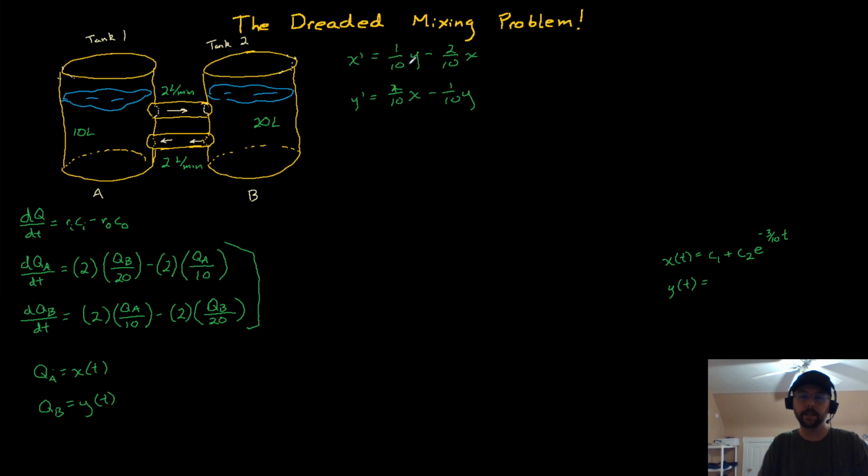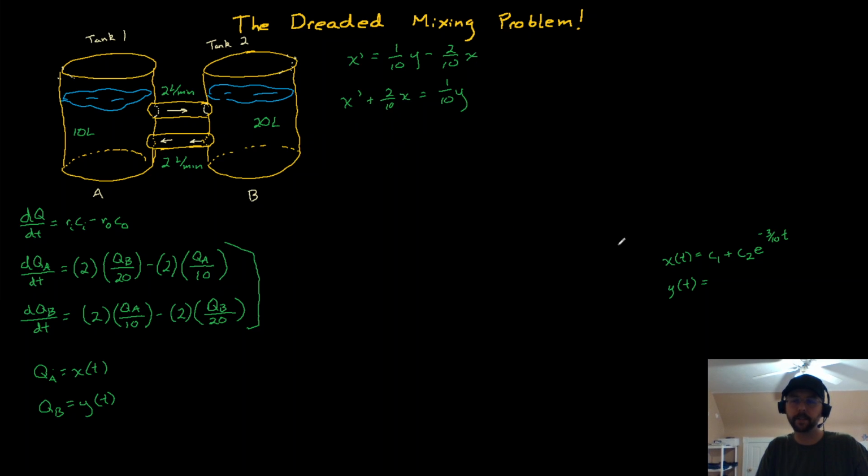All right, so let's take this one, which has 2 x's and 1 y. Actually, I don't need this other equation right now either. We're not going to use this one. So let's take this and put it as x prime plus 2 over 10x equals 1 over 10y. I just wanted to rewrite it in that format because what we're going to do is